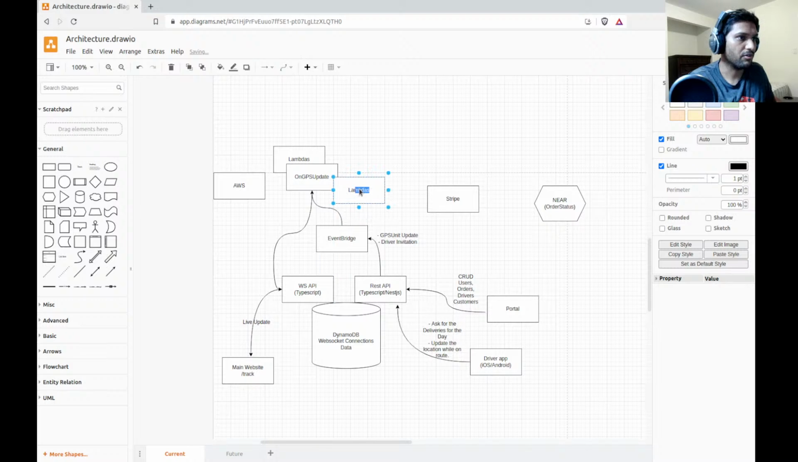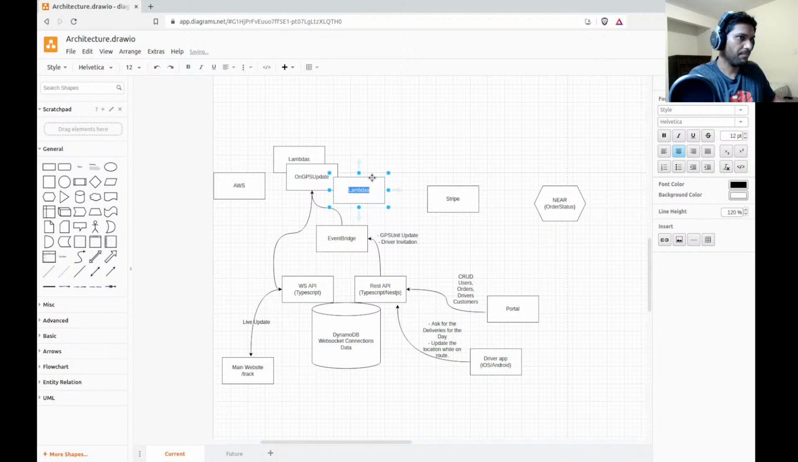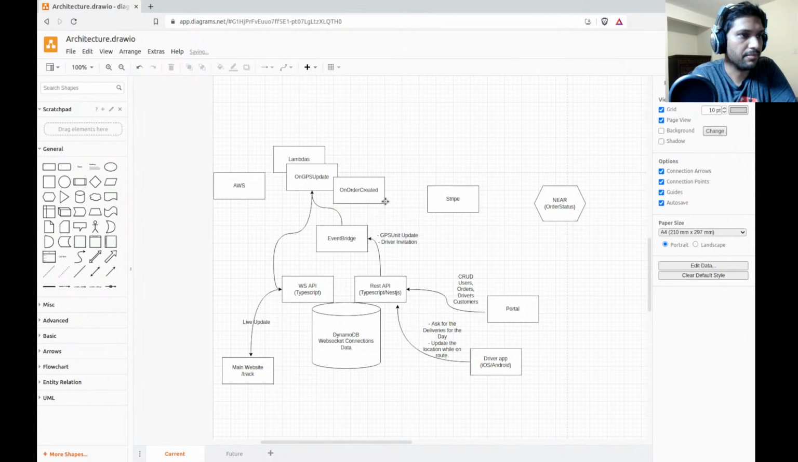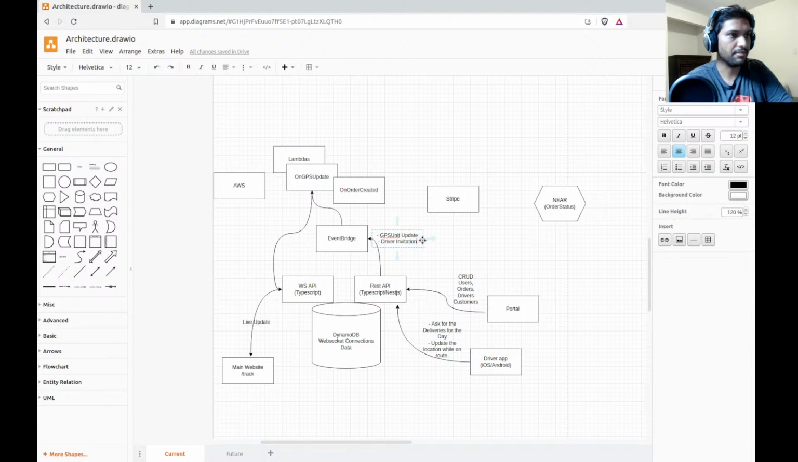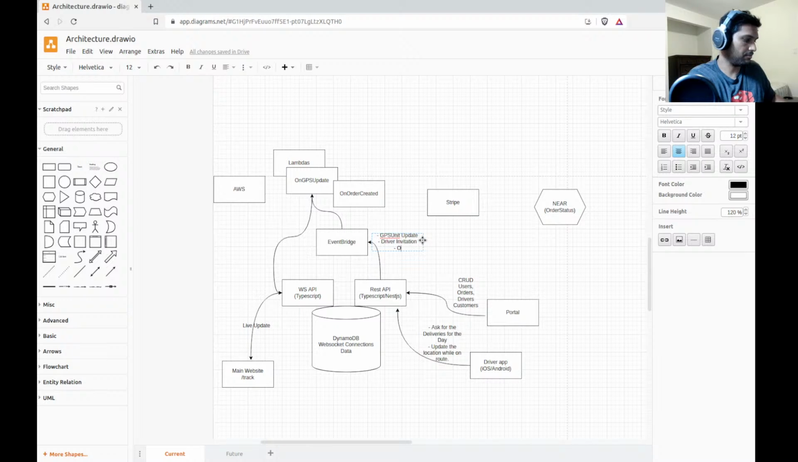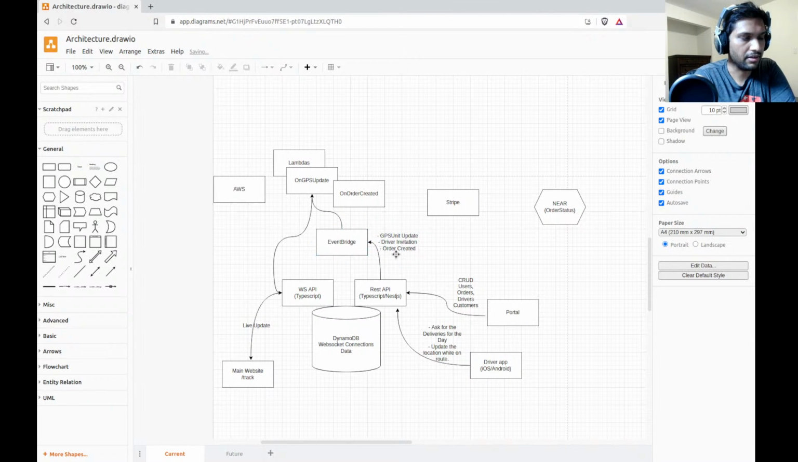There's another Lambda over here. This is for the on order created. So the way billing works right now is that we charge the user for every order tracked. Every time an order is created, this REST API sends a notification to the Event Bridge to say that an order has been created, and there is a listener that's particularly interested in that